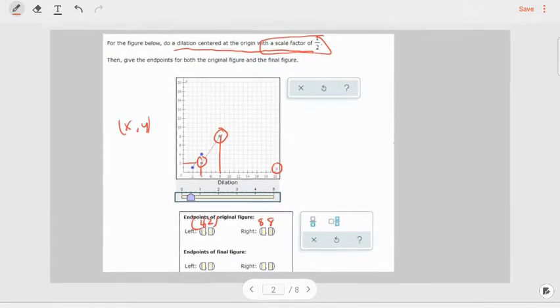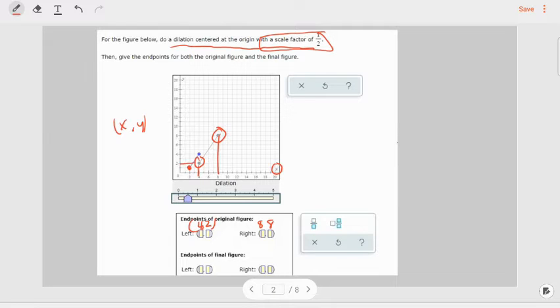Now the endpoints of my new figure are down here at 2, 1, and right here at 4, 4. Now what I want you to notice is with my scale factor of 1/2, my line got 2 times smaller. But not only did it get 2 times smaller, the endpoints got 2 times smaller, or